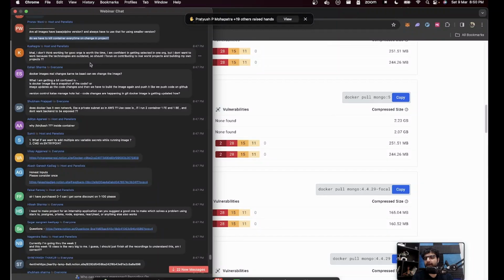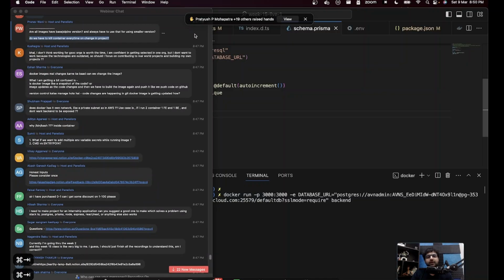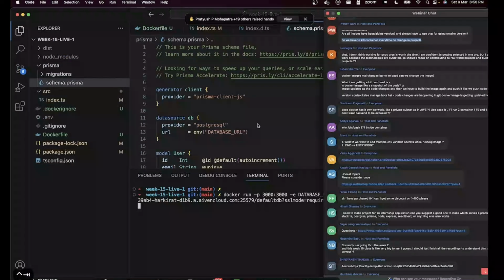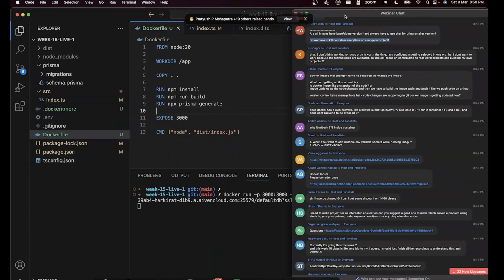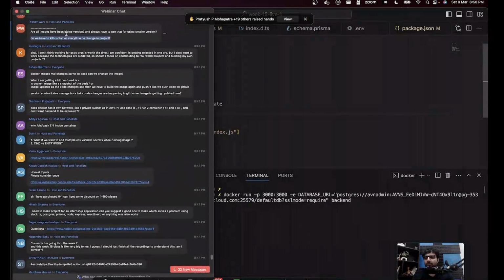Docker images. What I'm confused about is whether Docker images are like a snapshot of the code. It is a snapshot of not just the code, but the file system. It is a snapshot of what everything looks like after all of these things are done. It's not just a snapshot of the code. It is a snapshot of another snapshot, which has Node.js plus a bunch of your code, and then a snapshot.